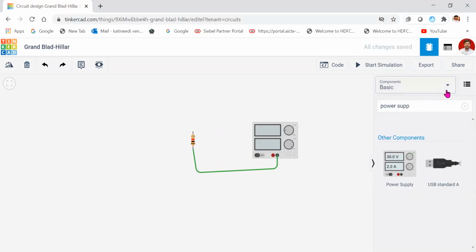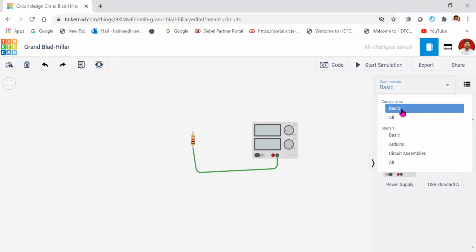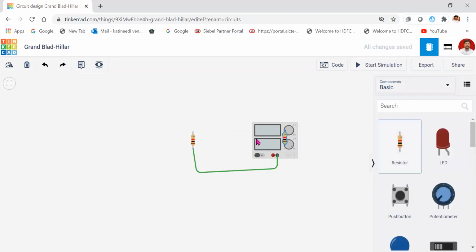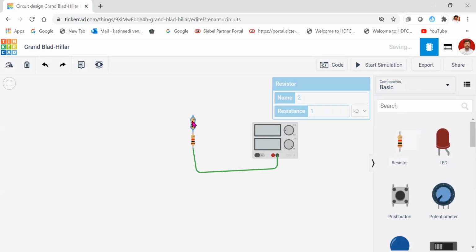Next, you take one more resistance. Here we are connecting in series. This is the series connection, and this is the second resistor with a resistance value of 1k. Now again 1k in series, total value is 2 kilo ohms.